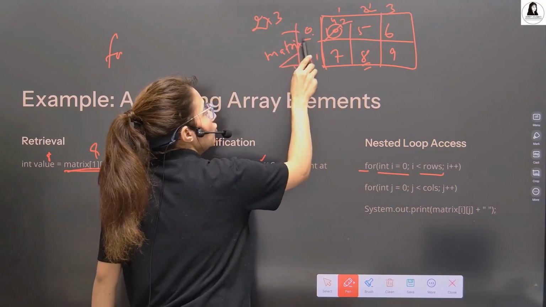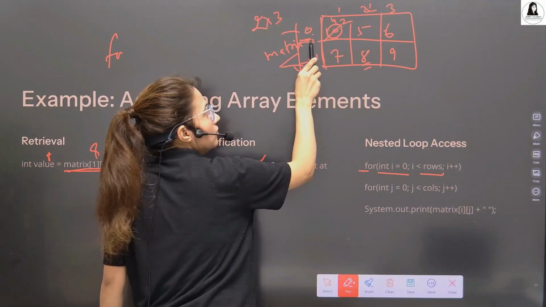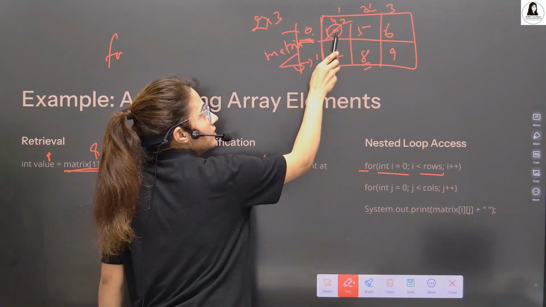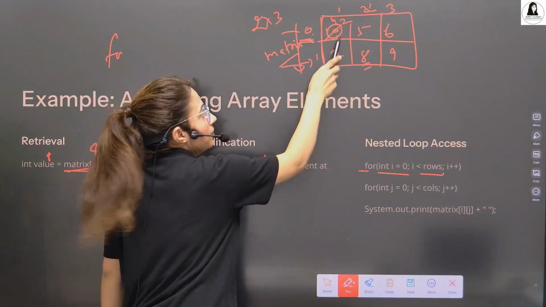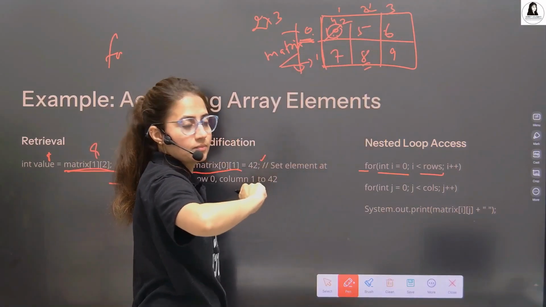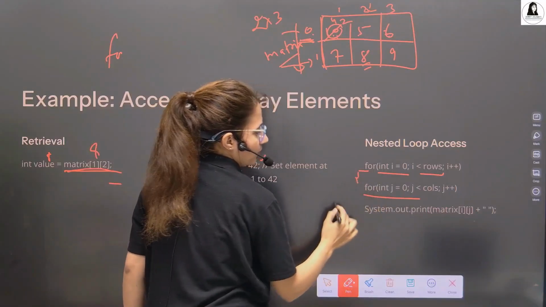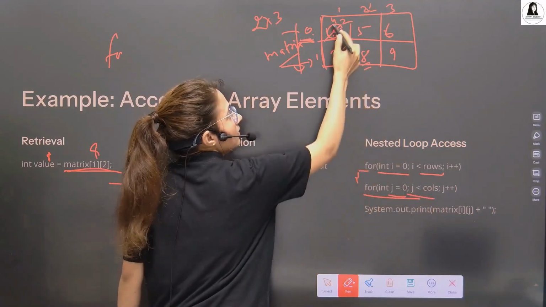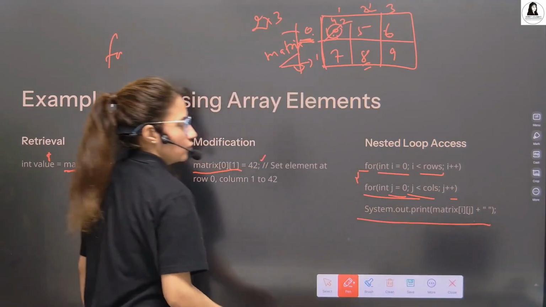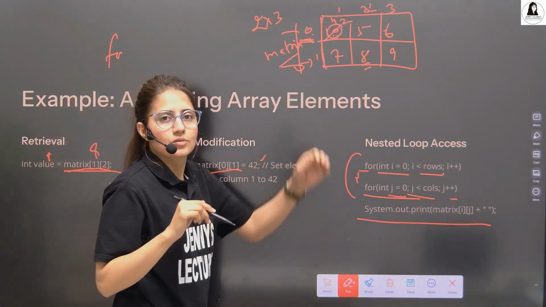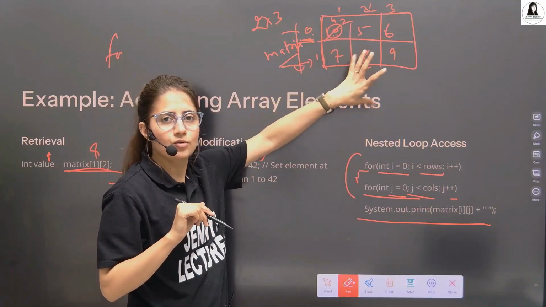Within this loop, now you have to print because now I am at 0th row. Now one more loop I need to print whatever the element in this row. So from this to this, you have to run a loop again. So inside this we are having one more loop. J is equal to 0, j less than columns and j plus plus, and then we print. So we need nested loops to traverse a 2D array or to deal with a 2D array, to do some operations